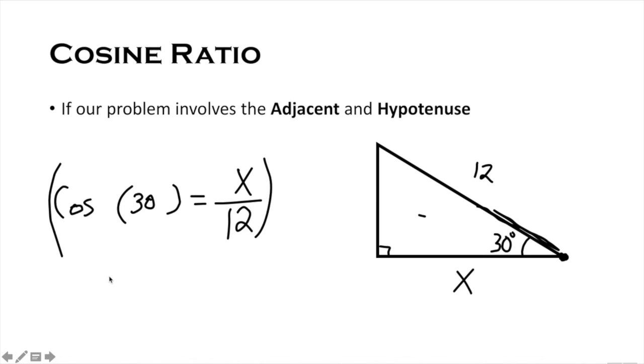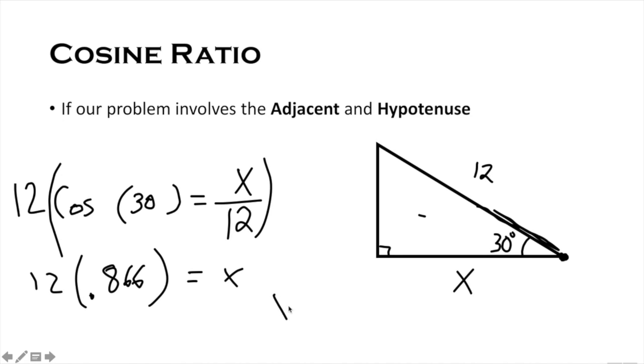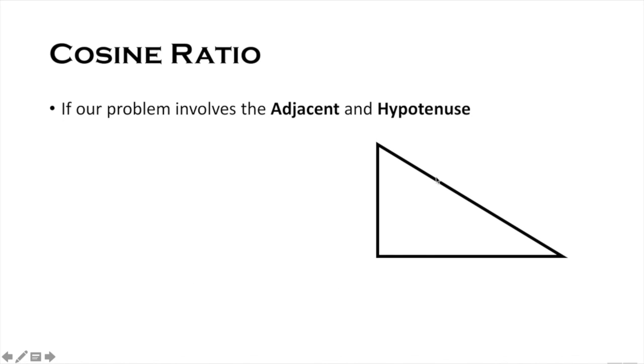So we've got another one of those scenarios where we've got a whole number in the bottom, in the denominator of the fraction part of the equation. And so that makes everything real simple on us. We just need to multiply by 12 to get rid of it. So that way this 12 has been canceled out. And all we need to do now is solve for the cosine of 30 in our calculators, which is 0.866. And we're going to take that quantity and multiply by 12, giving us our unknown quantity x. So we're going to take that in our calculator, multiply by 12, and we got 10.39. Okay. What about also we might have